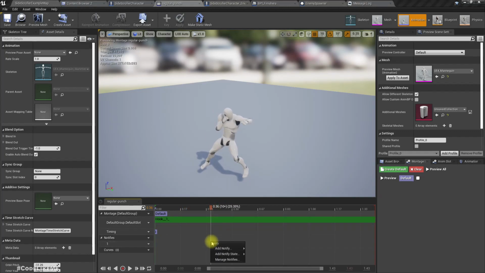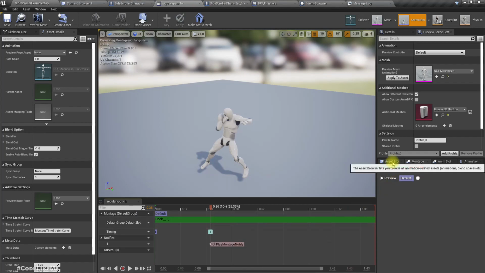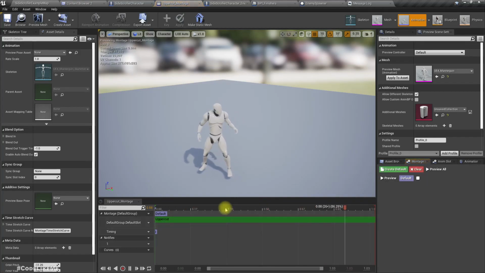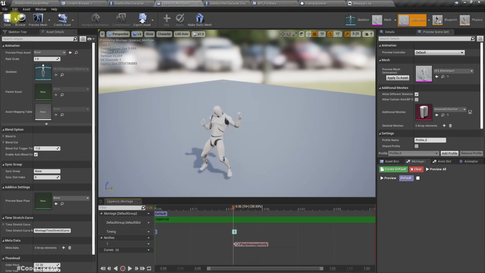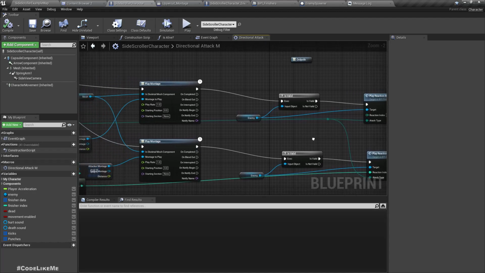Here. What else? Yeah, uppercut. Okay, here. Right, now save,